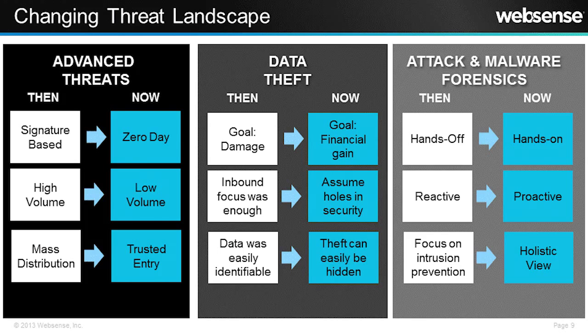So when we talk about the change, our challenges, we see the landscape has changed too. Signatures, more 0 days than ever before than we've seen in 2014 as a security organization. We have the mass distribution. We have the slow and low, no more high volumes. A lot of us look at bandwidth usage and say, okay, if you're at this bandwidth, this is our normal. I'll give you a 10% rise, and if it's over 10%, then we have a problem. I need to investigate it. It's actually the reverse, because they're coming in slow and low. So they're coming in through our normal bandwidth patterns. They won't rise. It's just they're changing the traffic patterns within the normal.